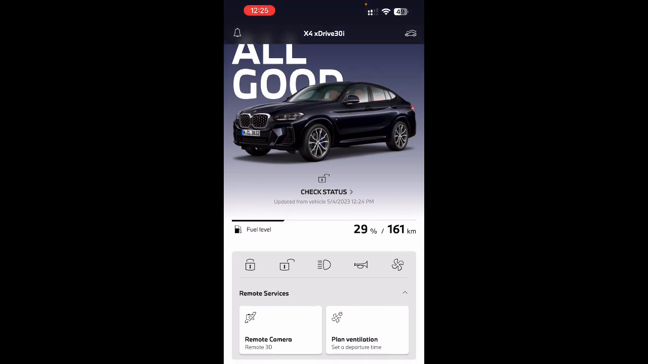As you can see, I have one for plant ventilation. This is, for example, if your car is parked outside somewhere in direct sunlight. Say you park in the outdoor parking and you leave the office at a specific time. You can set that timer around 5:30, so the car will automatically